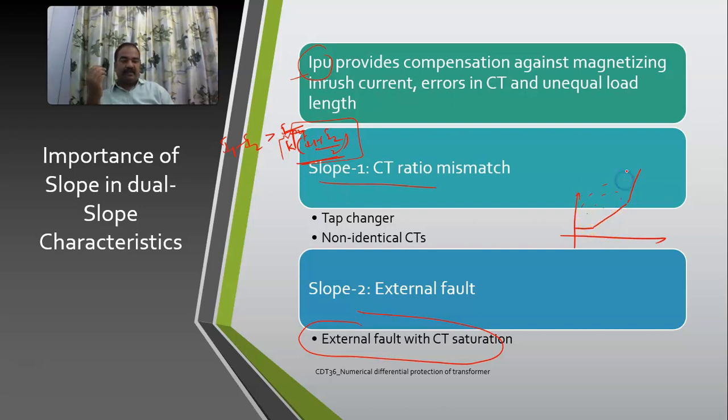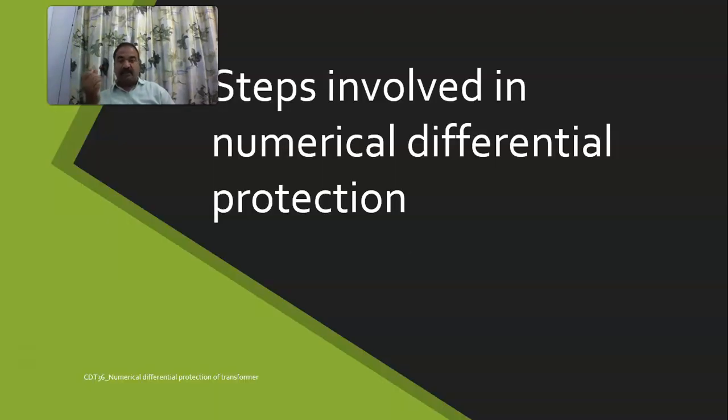Now if your operating point lies in this region, then you will be giving a trip signal. This is your operating region and this is your restraining region. So I hope that now you have understood why we are going with dual slope characteristics. The next one comes here. As already I said, these are the things, but